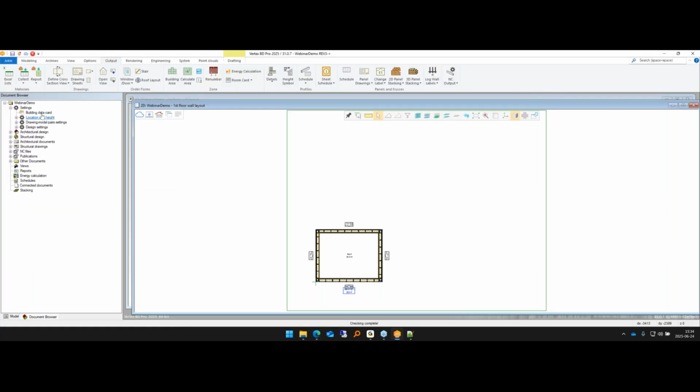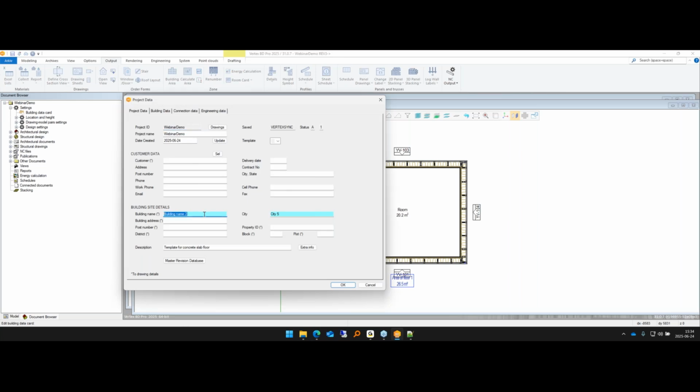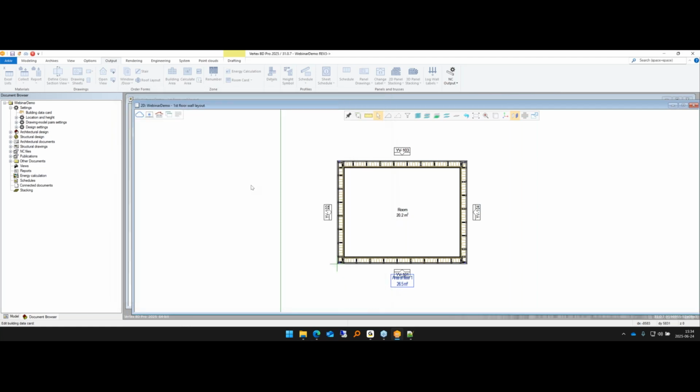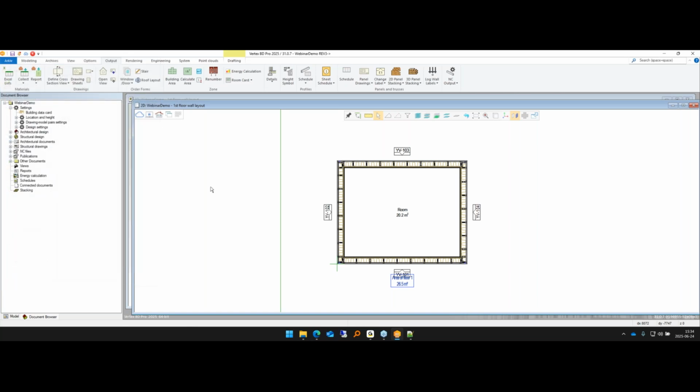So the next time someone tries to either publish any drawings with the document data card or enter the billing data card, it will say this, billing data card fields updated from sync. And it will highlight the fields that were changed. So it includes the changes you do in the UI on the web, into the browser itself or into the building itself. And now you have, of course, your 3 revisions. So if I were to close this building again,